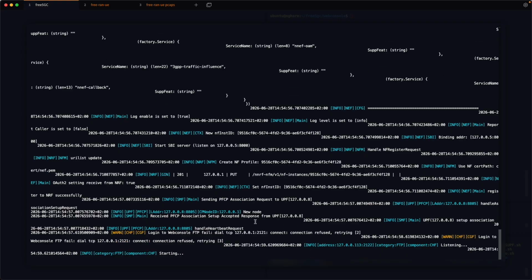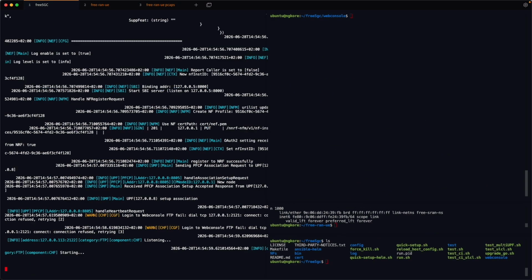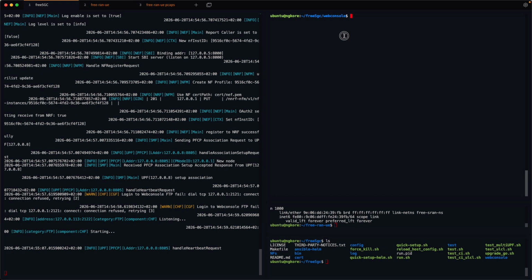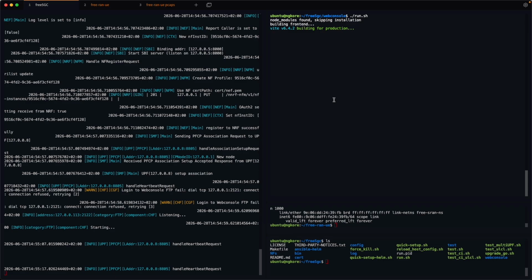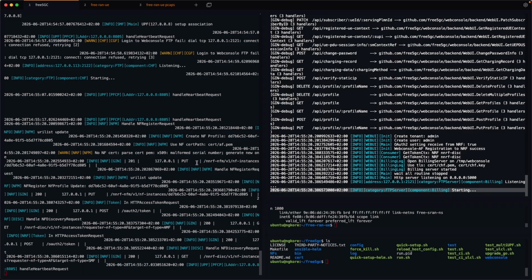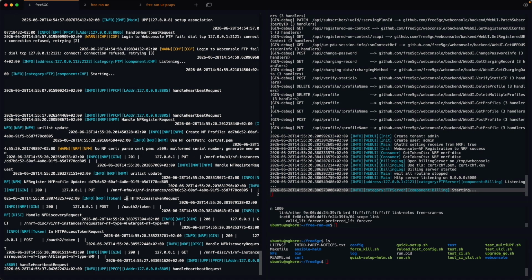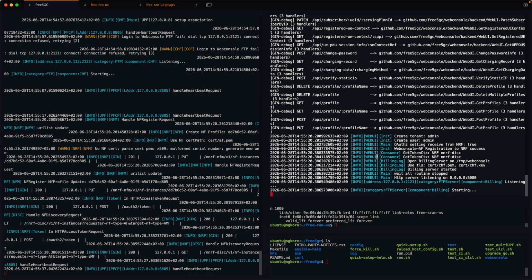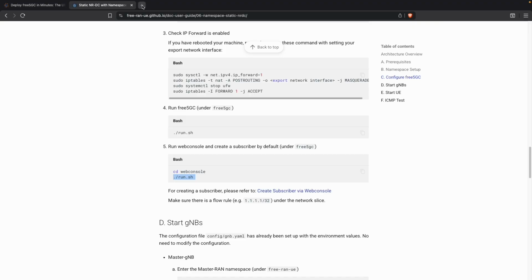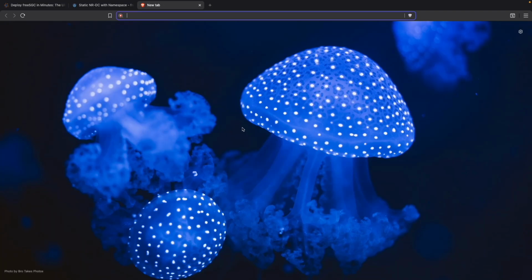Okay, now it's trying to connect to the web console, which we have not initialized yet. So let's move back to another terminal and let's start the web console as well. Okay, now we can see web console is working fine, and the core is also connected to the web console now. So now let's create a new tab and let's open the